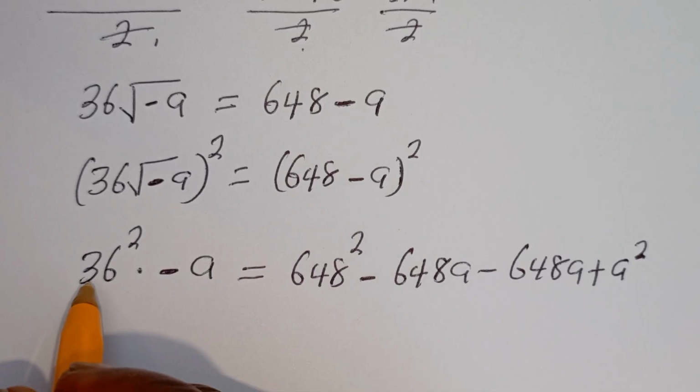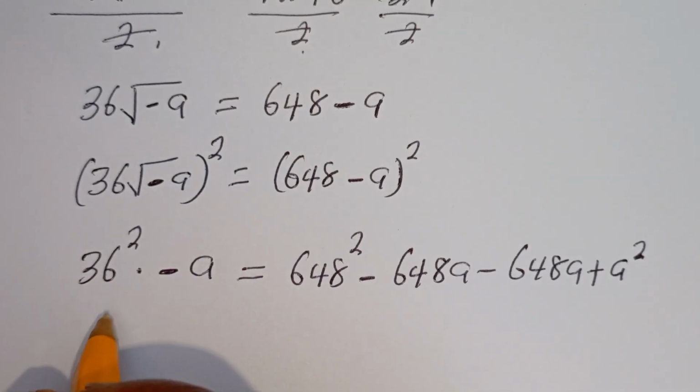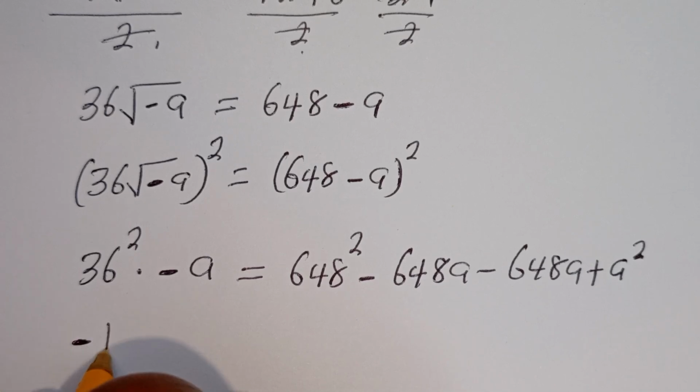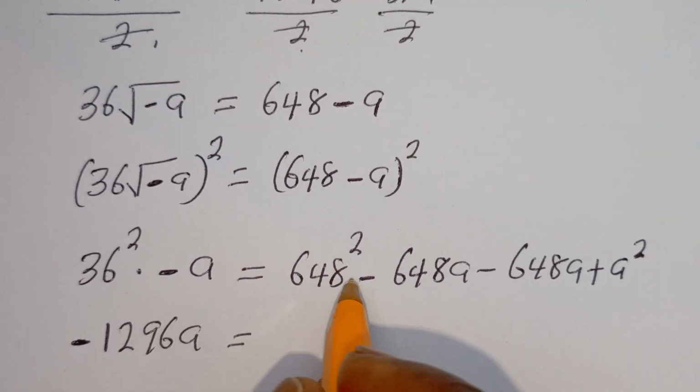Now here we have 36 squared multiplied by minus a, we have minus 1296a is equal to